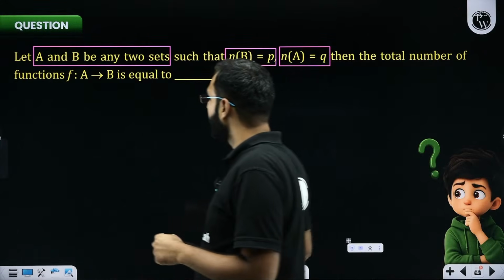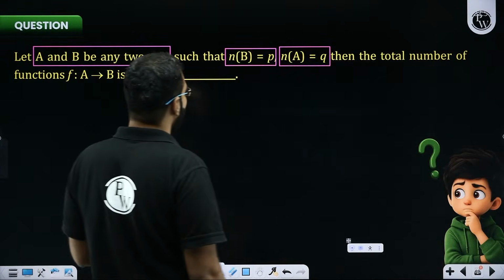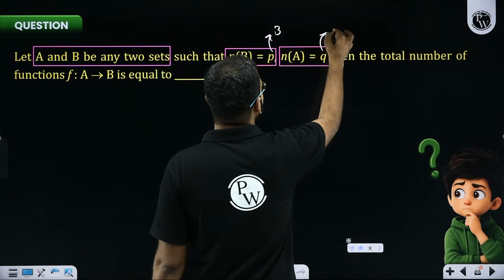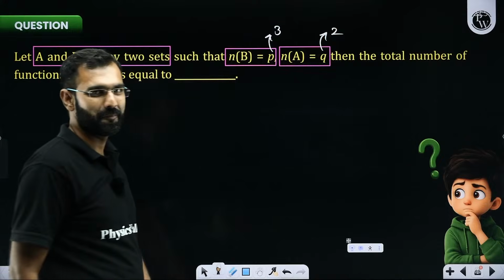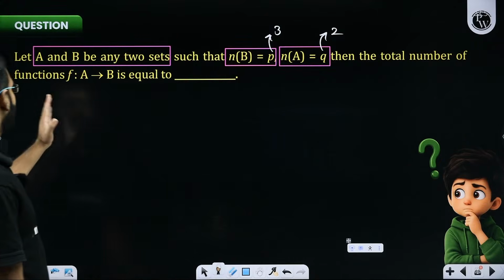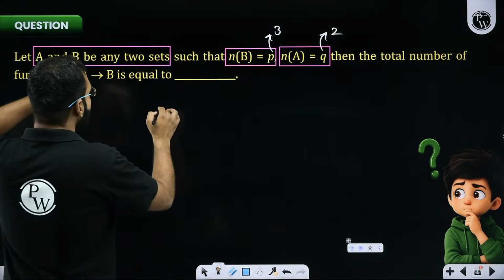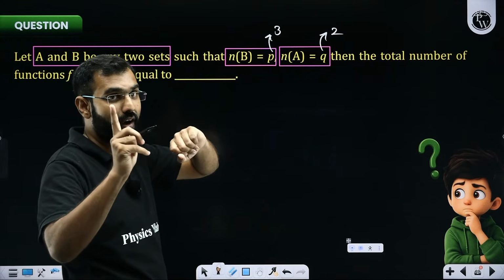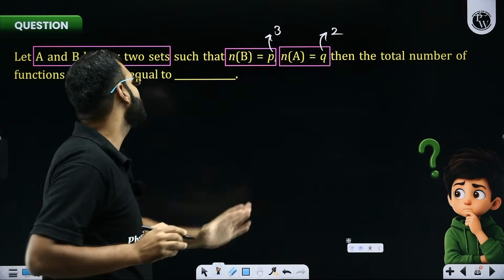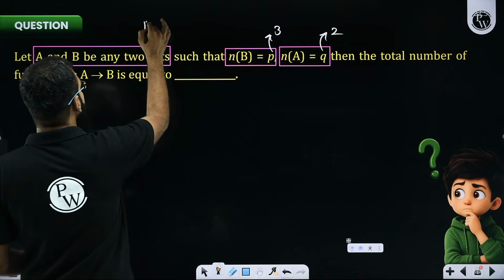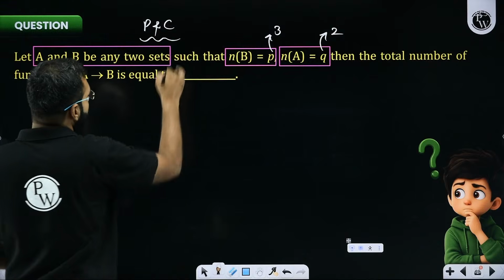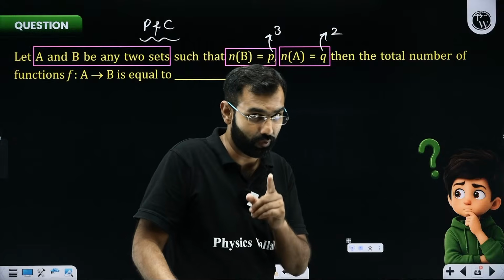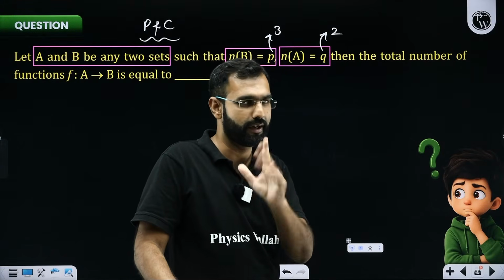What am I told here? I think there is a problem. You cannot get a numerical answer because P and Q are not numbers. So let's say P is 3 for a while and Q is 2 for a while. Then what would be the answer? The total number of functions from A to B. Students, mind you, it is a function-based question, not a relation. Functions means we'll be using some concepts of permutation and combinations here, which you may not be aware of. So let me do it, everyone. Please pay attention.